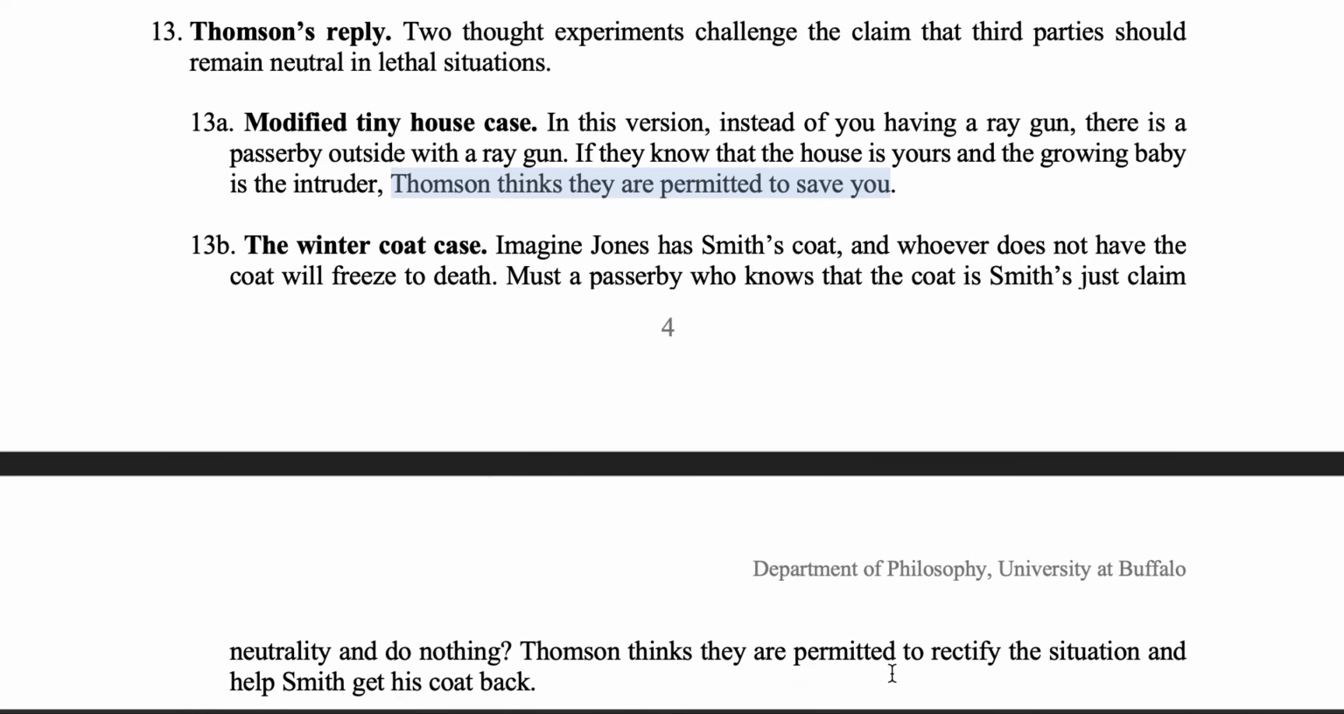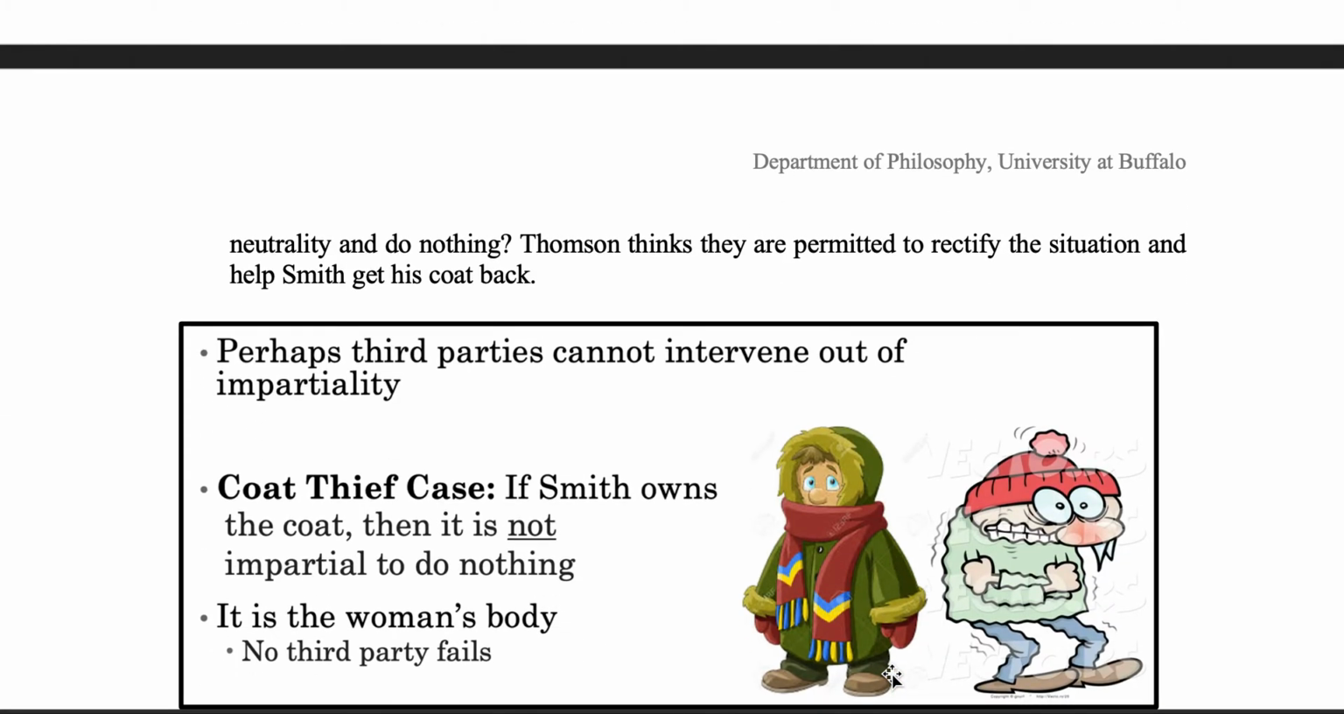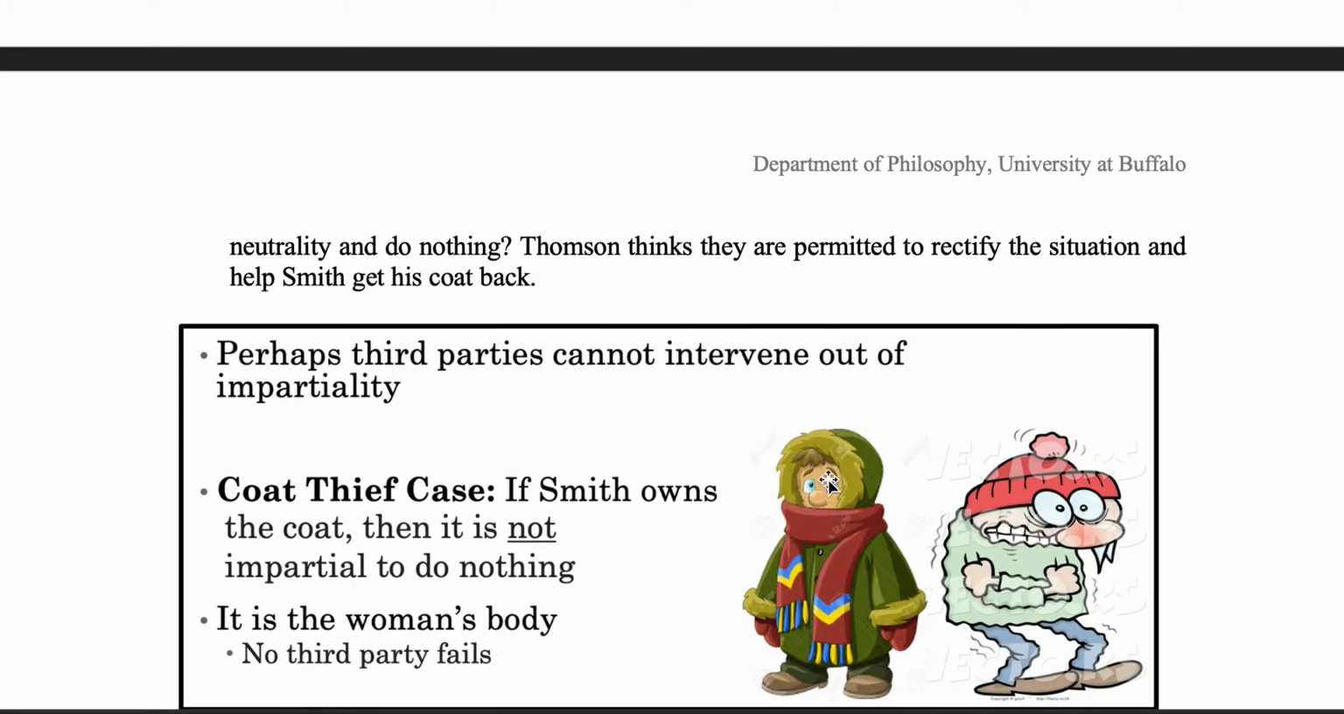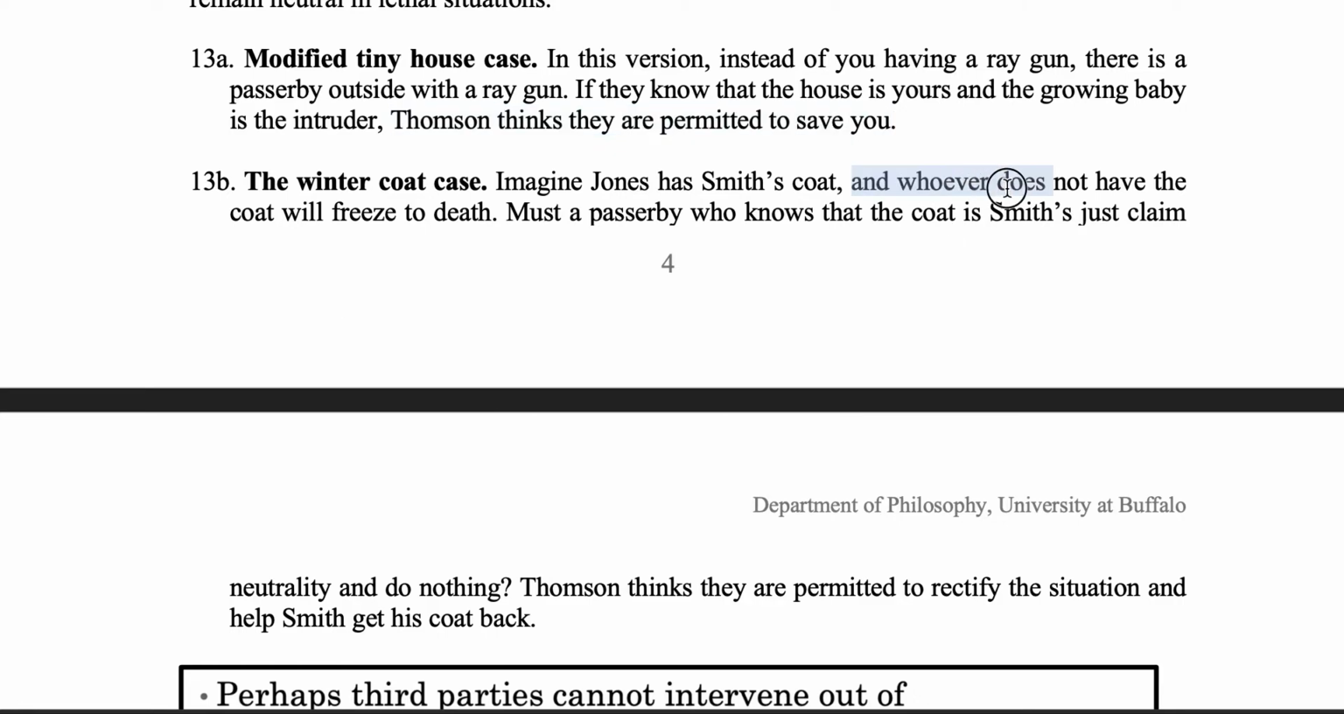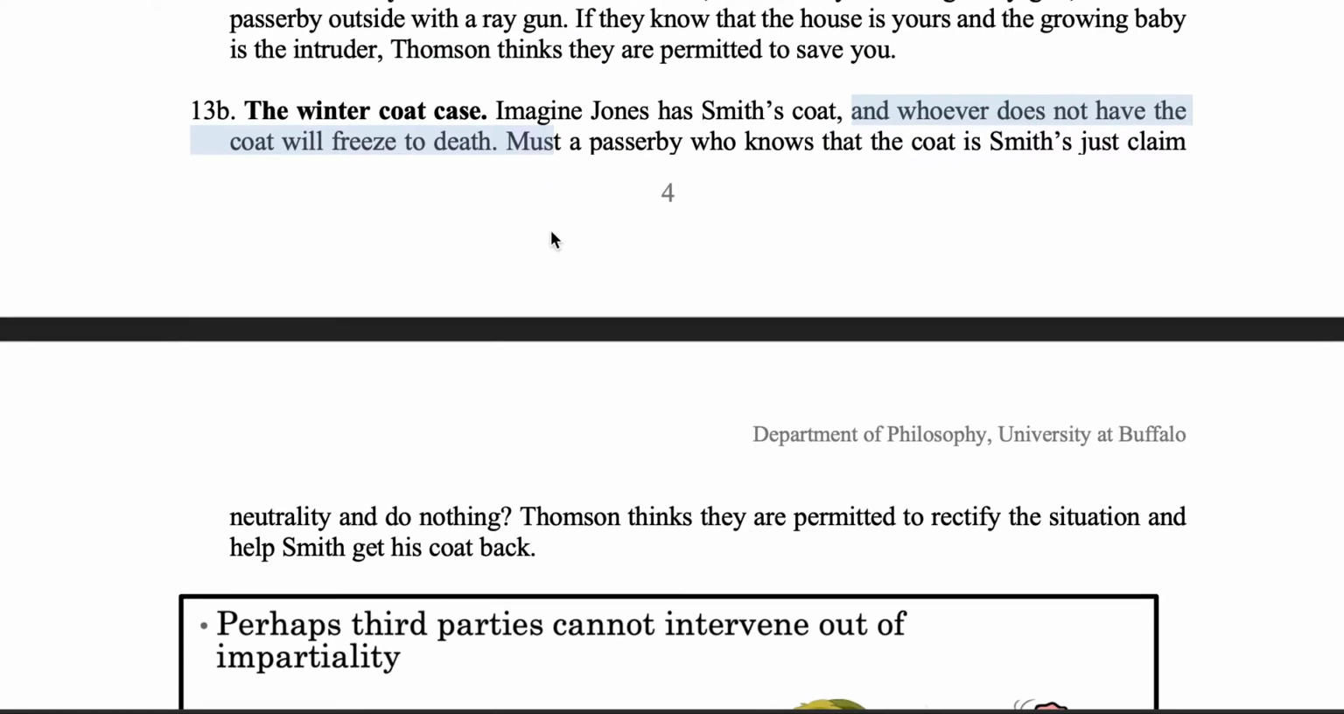Okay, and here's another case to try to show this. Imagine Jones has Smith's coat. I'll just show you. So this is Jones, this is Smith. They're out in the cold somewhere, and Jones has Smith's coat. Okay, and whoever does not have the coat is going to freeze to death. Right? Now, suppose somebody comes by, a passerby,